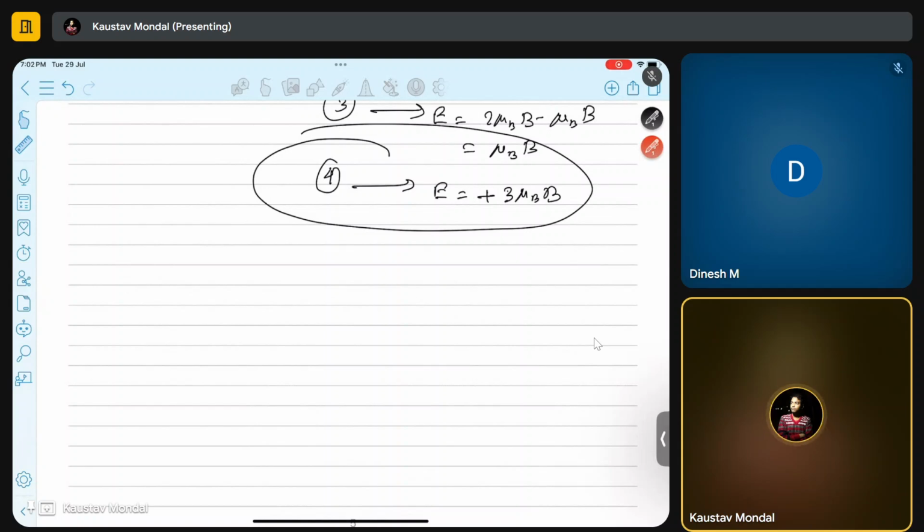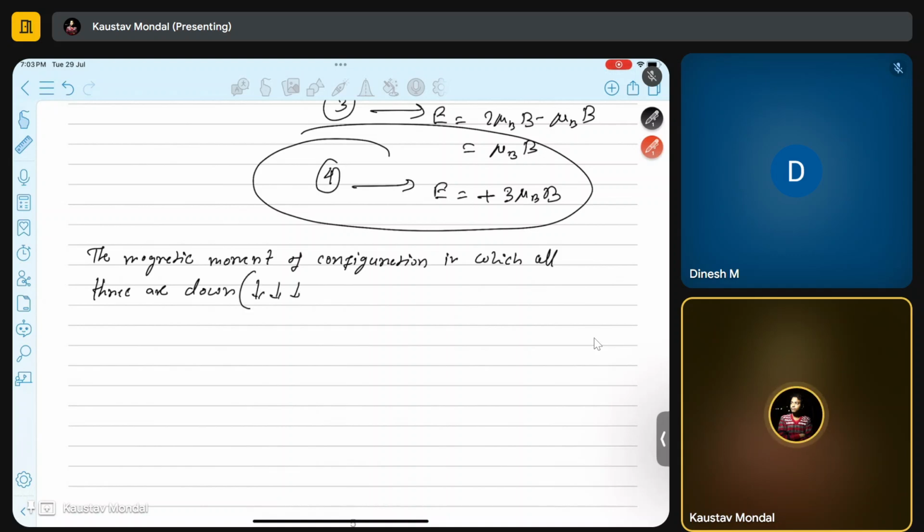Let me write the answer. So the magnetic moment of the configuration in which all three are down, in this configuration, just to be specified, has magnetic moment minus 3, plus 3 mu naught b. Okay, so this is the